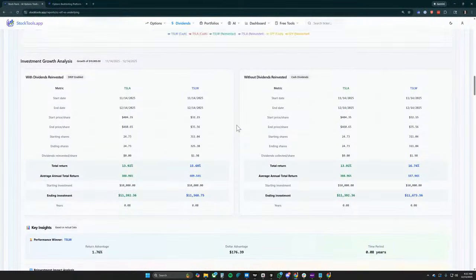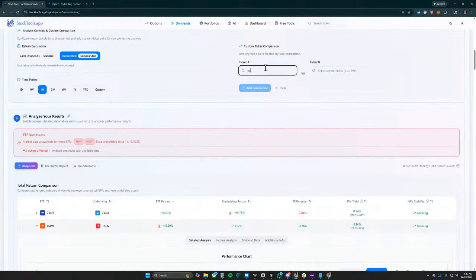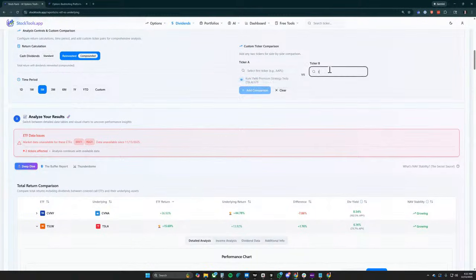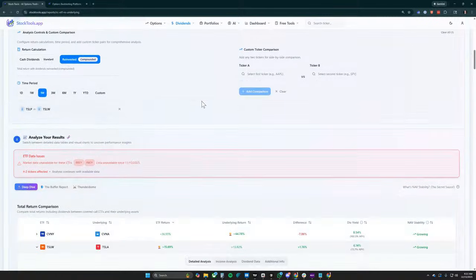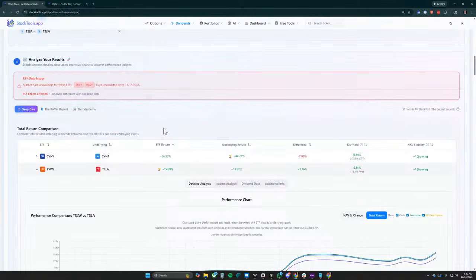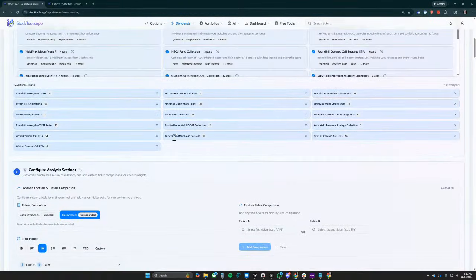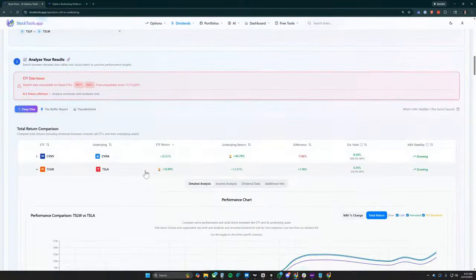And you could do this with TSLP versus TSLW, right? Okay, so they're set up that way. I just set it up from a default of adding the underlying versus the other one. But that's the other thing I should be doing. Actually I do have one in here, Curve versus YieldMax head to head. I need to add more head to heads in here. I think we need more battles to see who's the winner kind of thing.